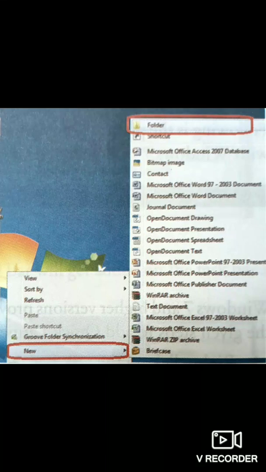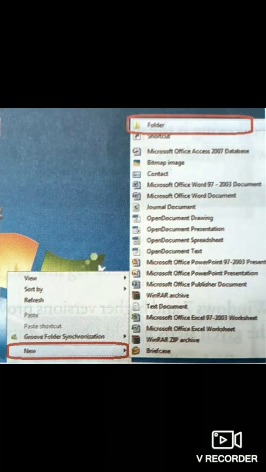You should follow a few steps. First, you have to right click on the desktop using the mouse. After that, a menu appears. Next, you have to click on that menu and you can see one New option there, along with all the other options. Under it, one more menu appears. Then you have to choose and click on Folder.